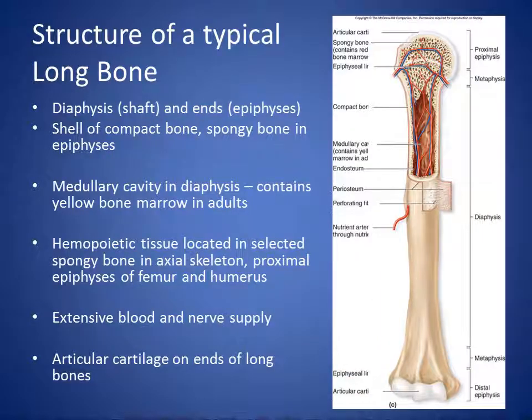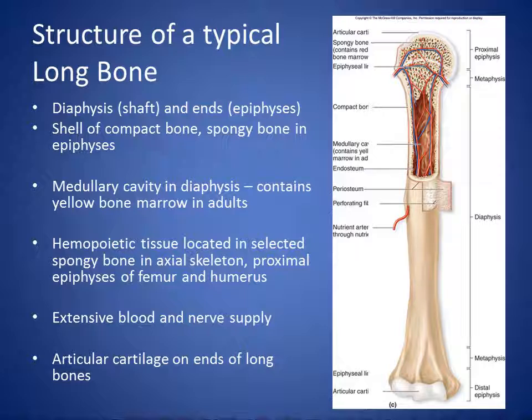Here, for example, we're looking at a long bone, and this bone happens to be the humerus. A long bone is composed of a diaphysis or shaft and two rounded bone ends, a proximal epiphysis and a distal epiphysis. The diaphysis is composed of compact bone, whereas in the epiphyses there is found to be spongy